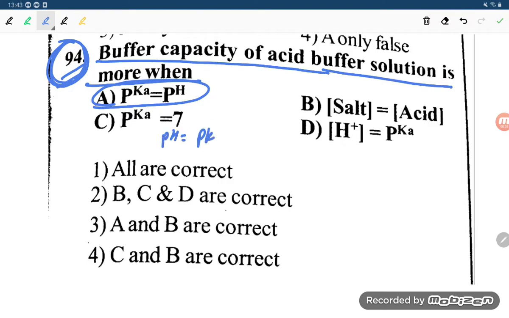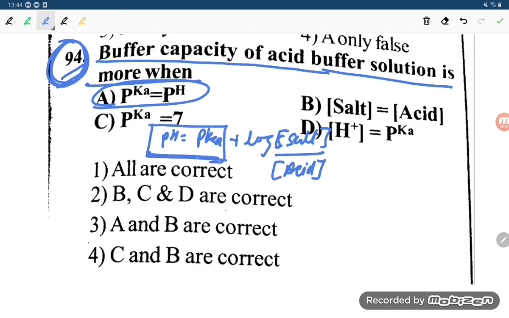That is pKa plus log, what is it, student? That is log of concentration of salt upon acid. Okay, salt upon acid. So pH is proportional to pKa. If it is equal, it will have the highest. So buffer capacity of acid buffer solution is more when pKa is equal to pH, and also if you